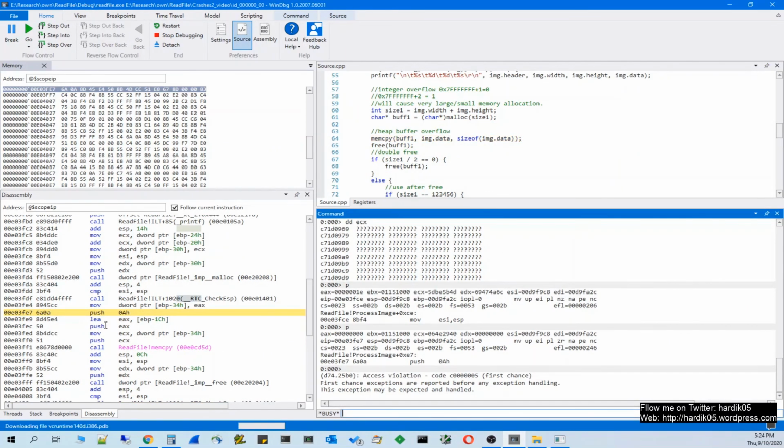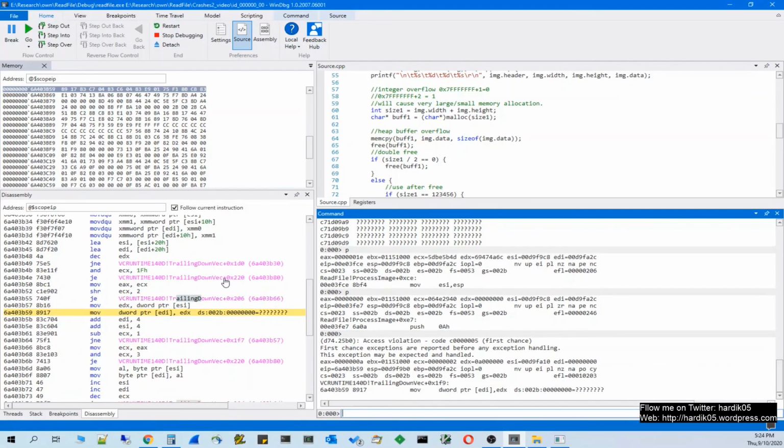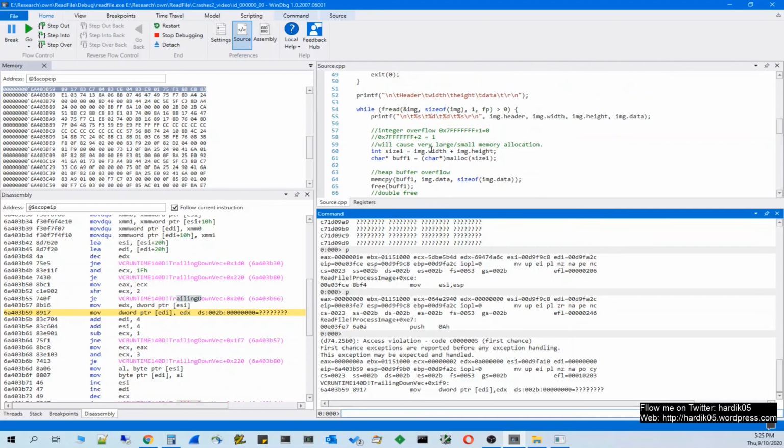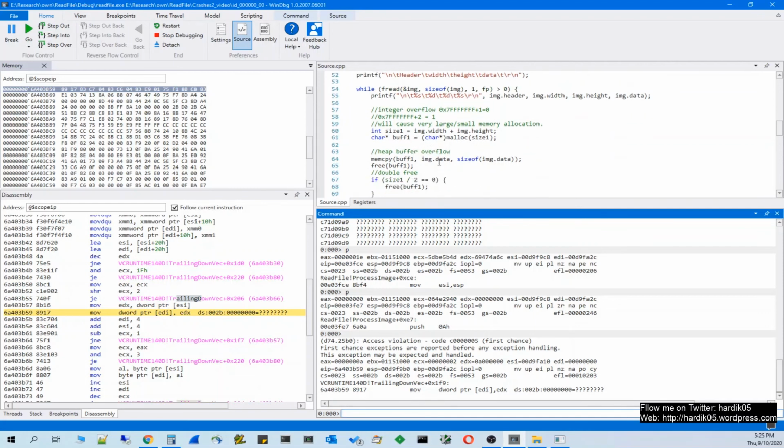You can see that there is a call to malloc over here, and that was actually not allocated, and when you try to copy some data over here, it was crashing. If you remember, when we used Visual Studio, this malloc was successful, but in this case it was not successful. So there are certain differences you will notice while you use WinDBG to analyze your crashes, and this is one of them.